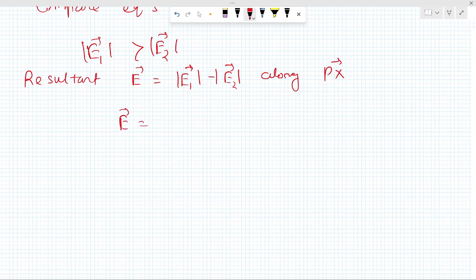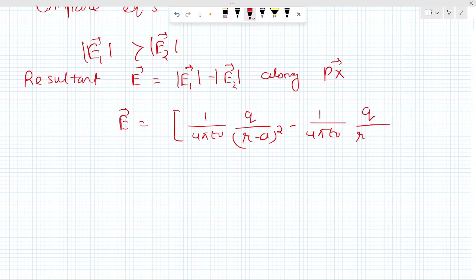So E is equal to 1 by 4 pi epsilon naught q divided by r minus a whole square minus 1 by 4 pi epsilon naught q divided by r plus a whole square, and the direction will be along PX vector,